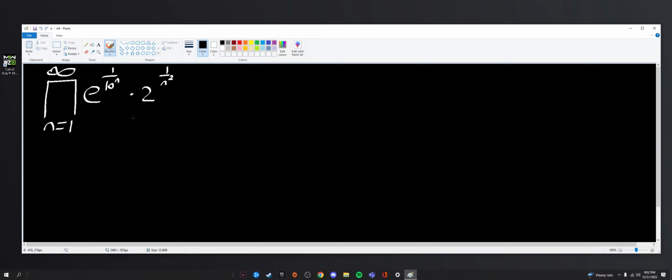We have the product, some people call it pi notation. I'm just going to say the product as n goes from 1 to infinity, the same way I would say the sum as n goes from 1 to infinity. So we have the product as n goes from 1 to infinity of e to the 1 over 10 to the n times 2 to the 1 over n squared. Now, I'm not super familiar with infinite products, but there's a property essentially saying that because it is a product,